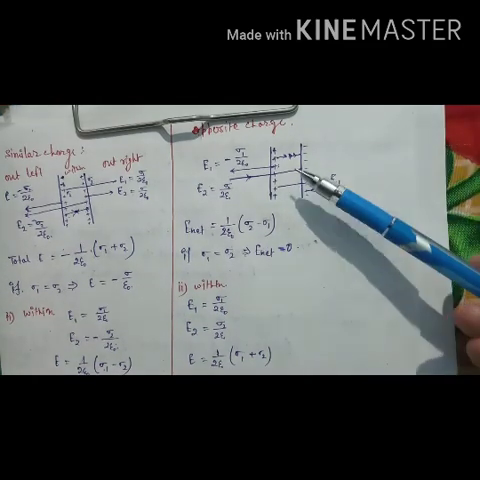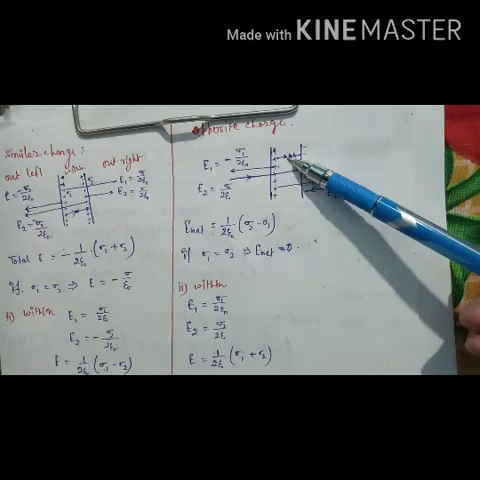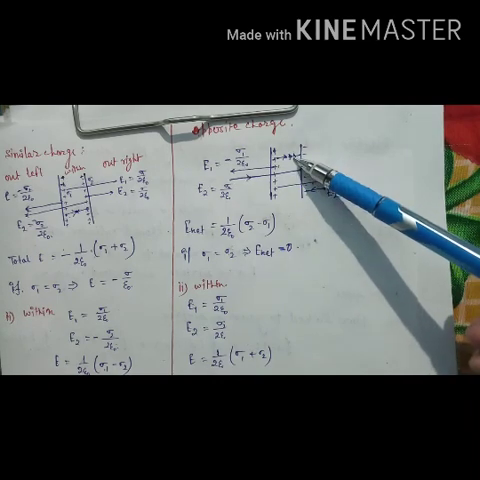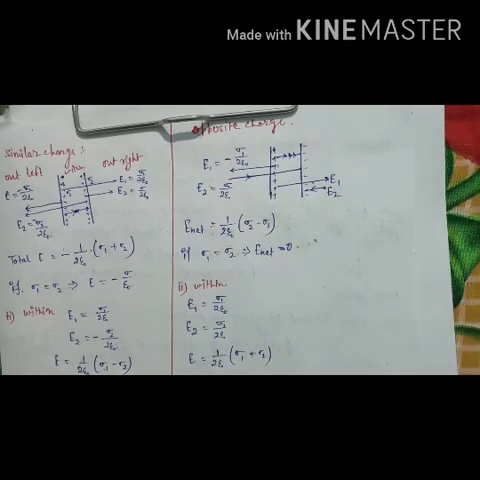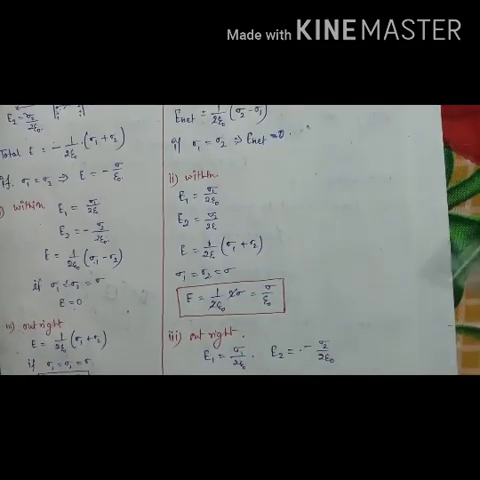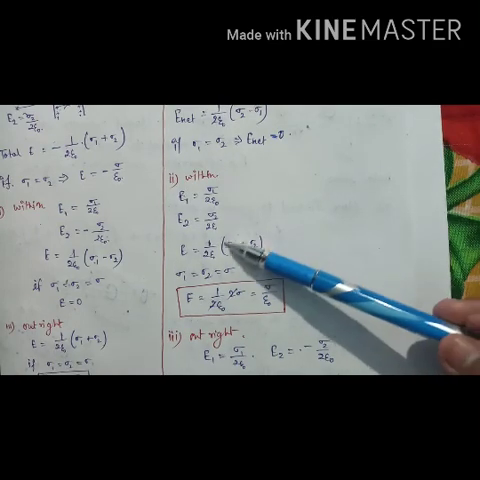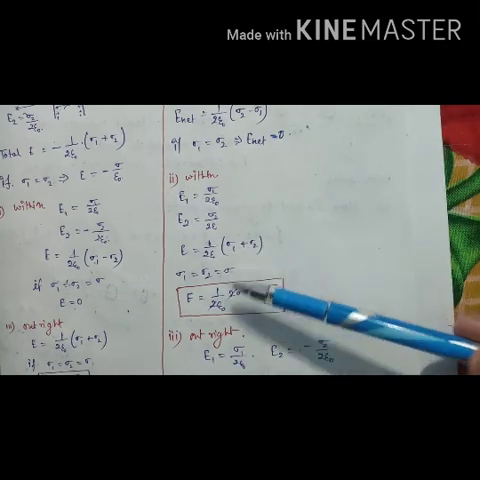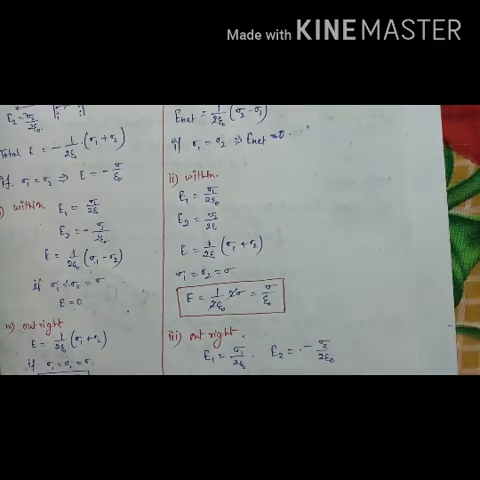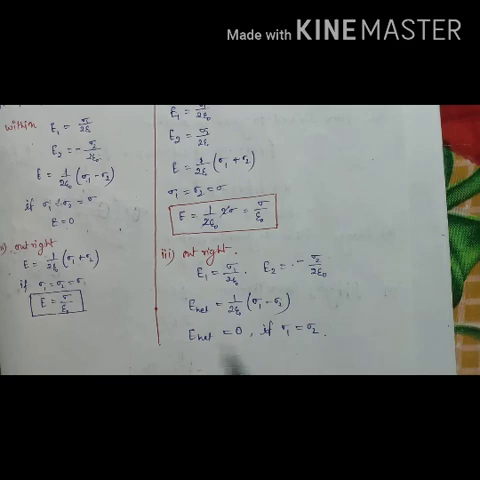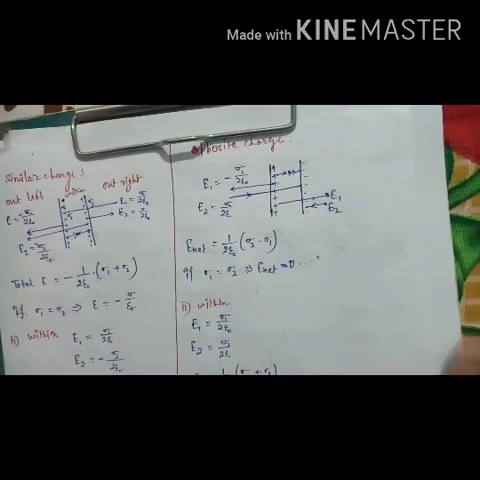Within the surface, similarly, we can find out at this point, due to this, E1 is equal to sigma 1 upon 2 epsilon naught. Due to this, E2 is equal to sigma 2 upon 2 epsilon naught, and both are positive, so we have E is equal to 1 upon 2 epsilon naught (sigma 1 plus sigma 2). And if sigma 1 is equal to sigma 2, then we take sigma, so we have E is equal to sigma upon epsilon naught. Another one we have at outright, if we take the right side, then at this point